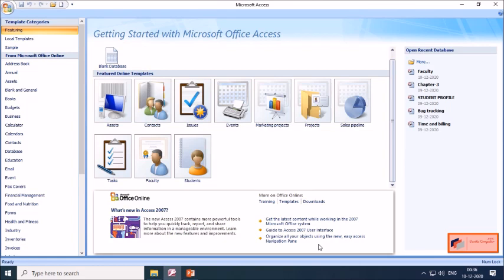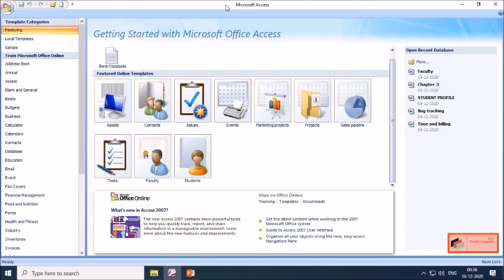So let us learn about the Microsoft Office Access window. As you start Access 2007, you will see the following window of Access. Now in the center you can see there is a title bar which shows Microsoft Access, the software which we are using, and it will also show the name of the file.